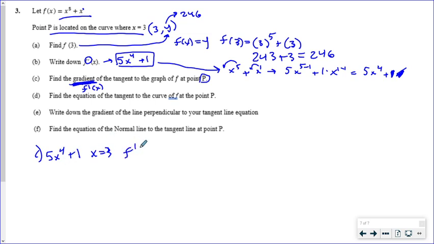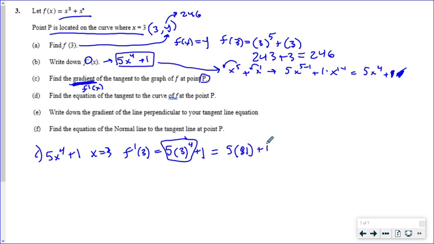So my slope when x is 3 equals 5 times 3 to the 4th power plus 1. This is one thing I see people mess up all the time. Just type this in the calculator just like that. A lot of people are putting this number to the 4th power. No, it's only this number to the 4th power. So this would be 5 times 81